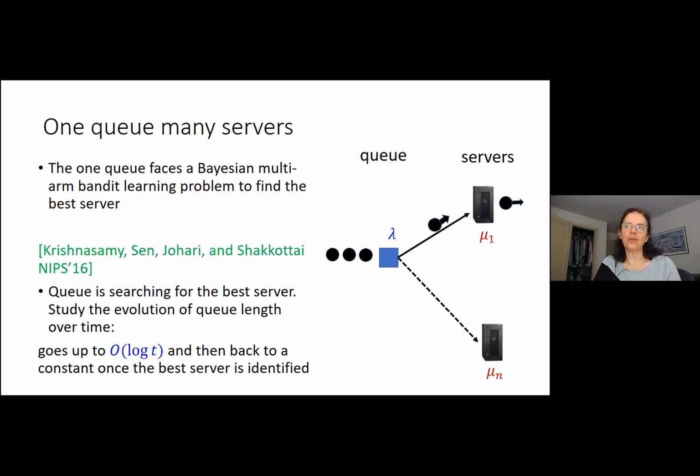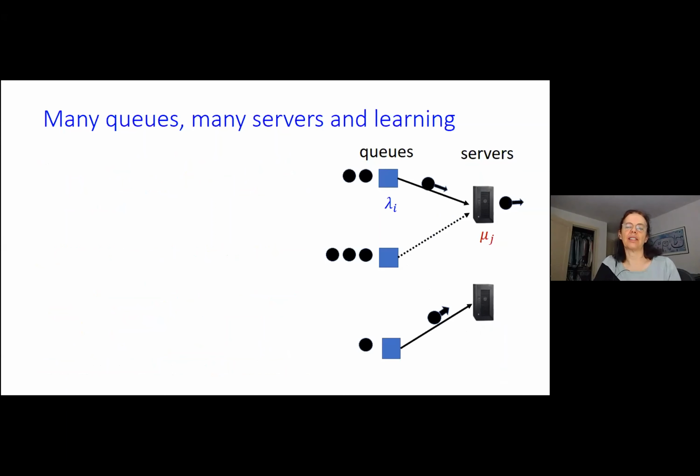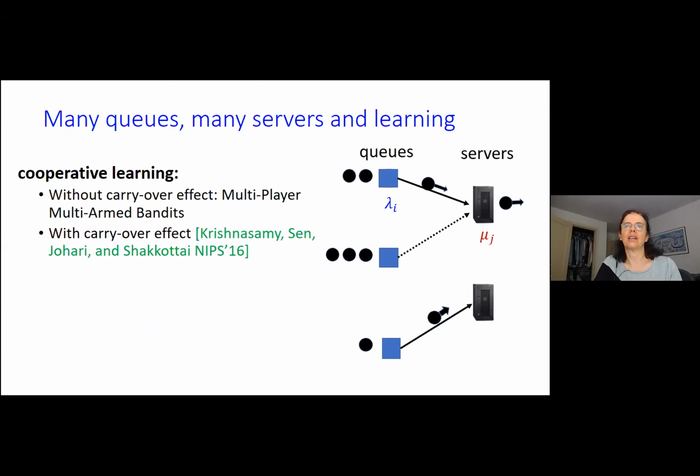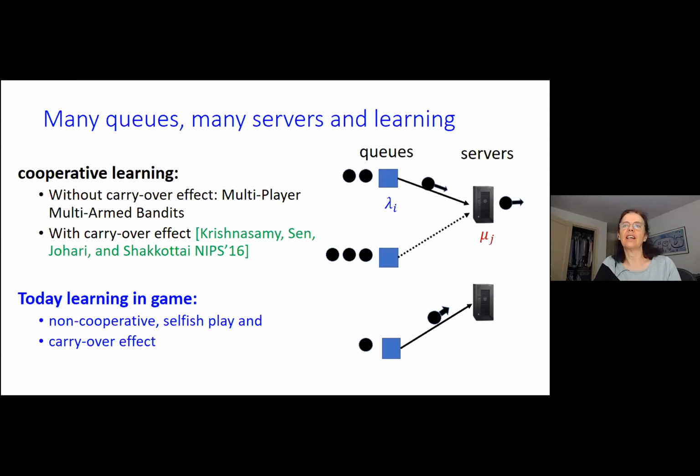So what we're trying to do is add a competition feature to this. Again, the same model, queues have packets coming in and servers have abilities, but now they're competing with each other. There is some work which I'm going to skip over, for saving time, in case there is a single learner and we're doing cooperative game theory maybe, or cooperative learning. But what I'm interested in is individual learning, as in a game. Every queue separately is trying to learn what's best. If they're competing,